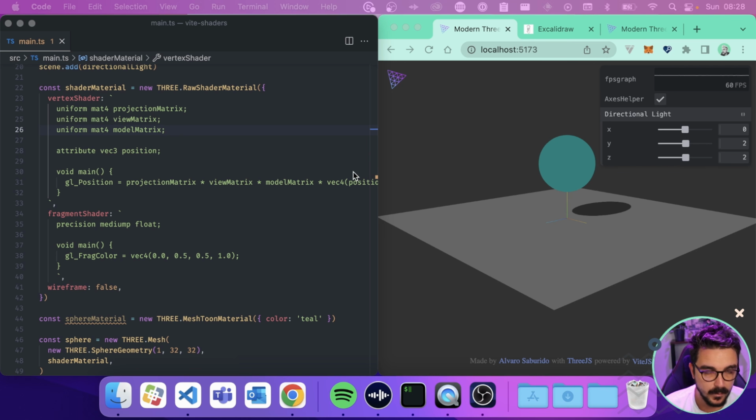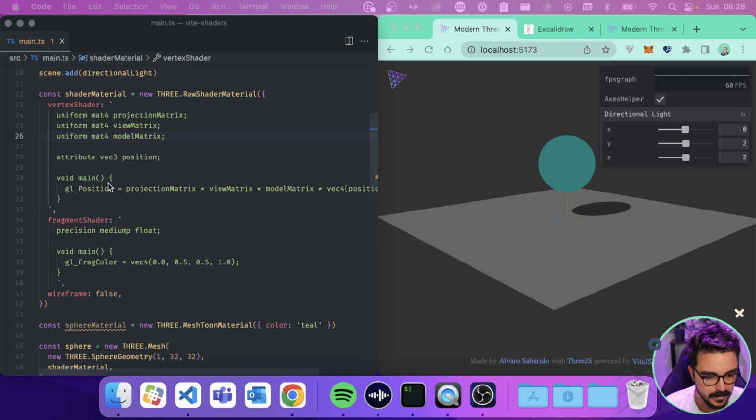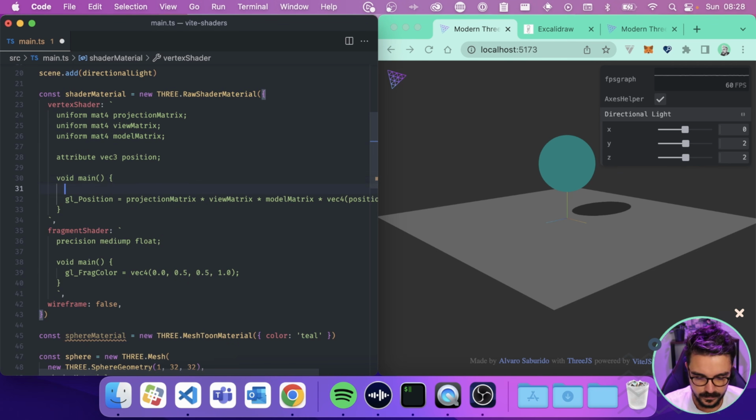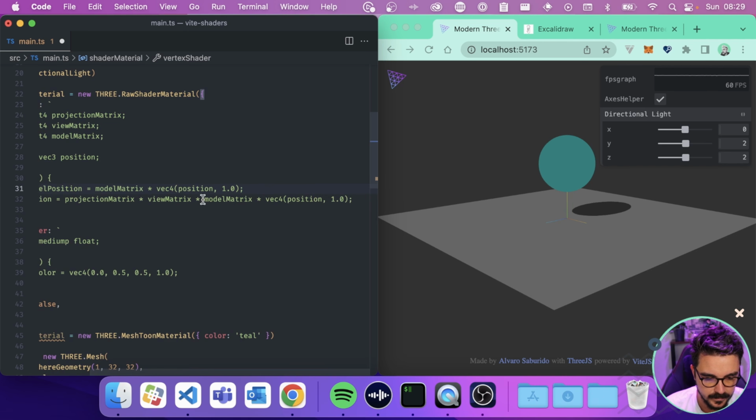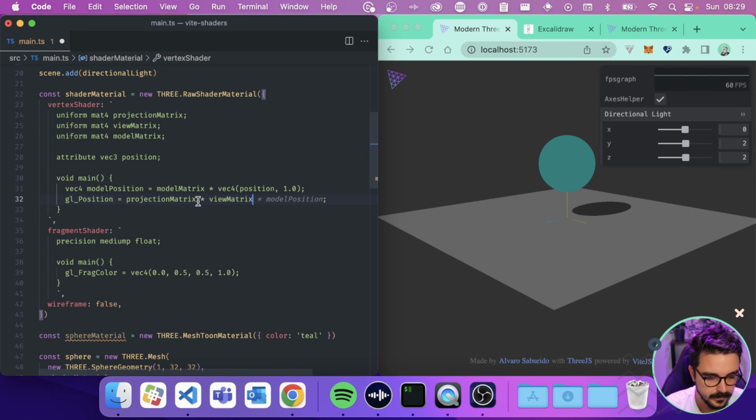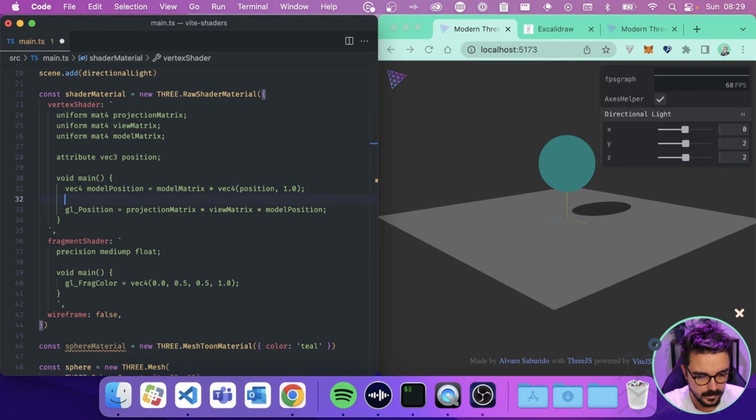To see how it works in practice, let's separate a little bit. So I'm going to do something like this. I'm going to create a vec4, okay? And it's going to have the model position. And the model position is going to be exactly this part here, okay? So we can remove it for the last one, and multiply by model position, okay? So now if we add model position,